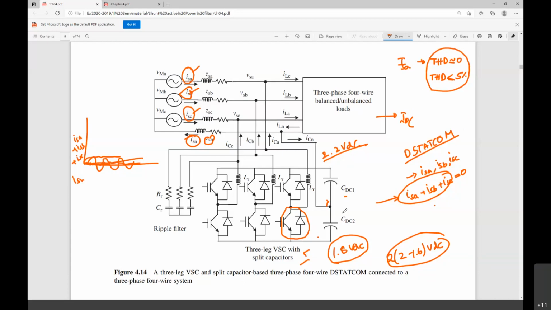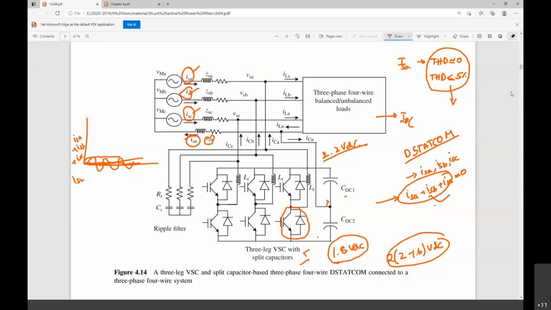One more thing is, if you have a capacitor voltage unbalance, that is because of the DC component current which is flowing through the neutral. Because of that, there is an unbalance. In that case also, you will not get satisfactory performance. How do we validate the satisfactory performance of the source current? We need to validate by measuring that the summation is equal to 0 and the THD of the current is less than 5%.